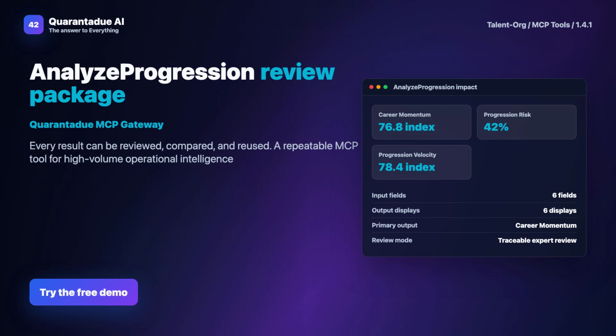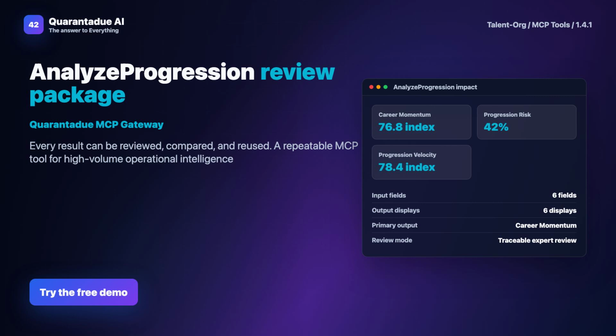Consider a candidate in sales, starting as a representative and moving to a director role over 8 years across 2 companies. AnalyzeProgression inputs their full career history, including deals closed and teams managed. It outputs a progression score of 78, with a skill growth rate of 22% annually and a short stagnation period in year 4. This gives you a clear, comparable metric without predicting future performance.